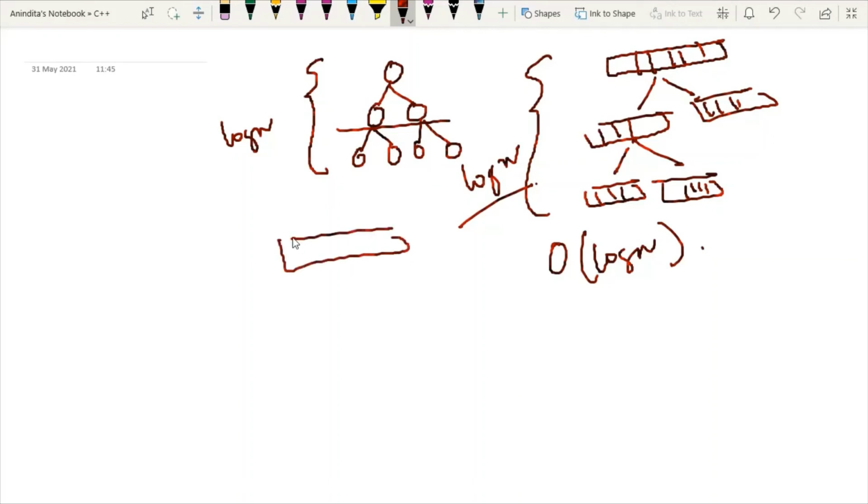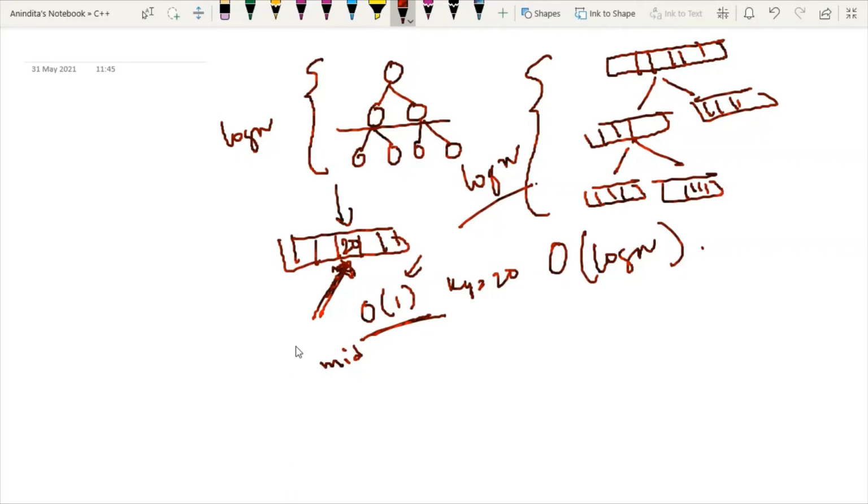But if the array element is found at the mid position, meaning at the mid position I have 20 and I am searching for the value 20, then what will happen? It is very simple. It will take order of 1 time, because at the first search, whenever my code is iterating for the first time, the first index is the middle index. From the middle index, we start our array division. So at this point of time, we have got the element. So it is constant time. So the best case time complexity of binary search will be order of 1.